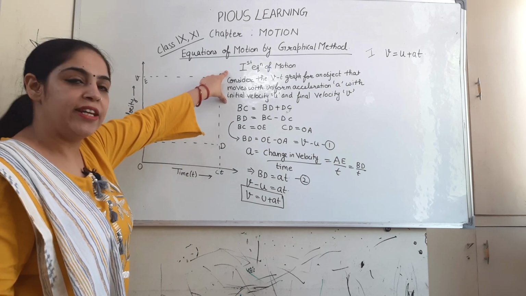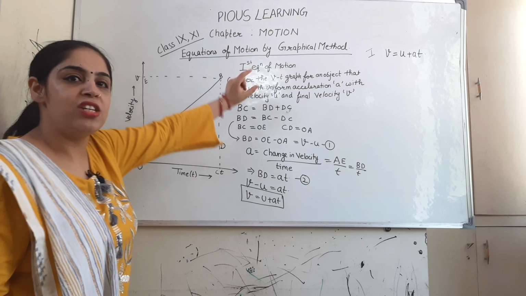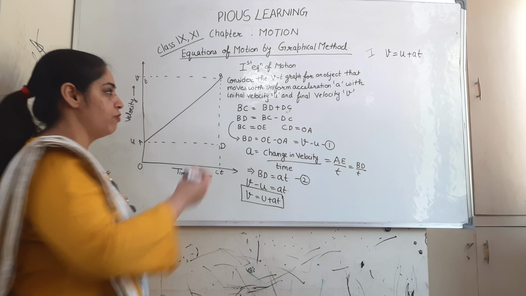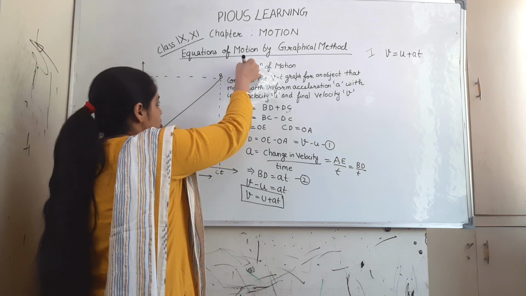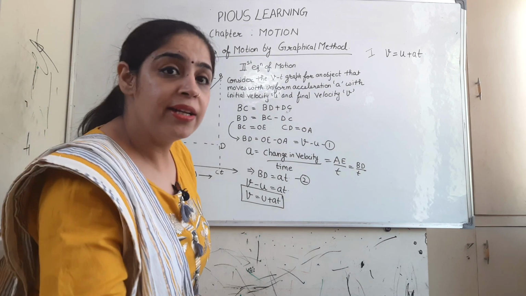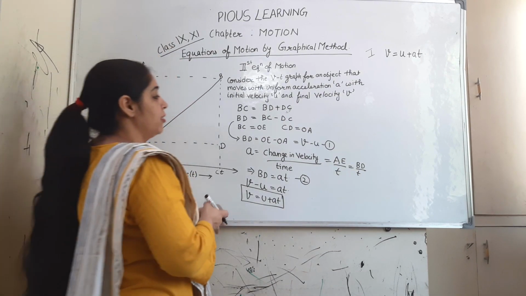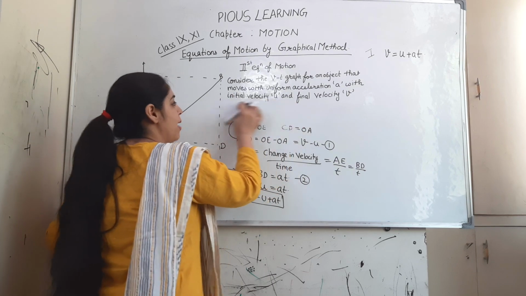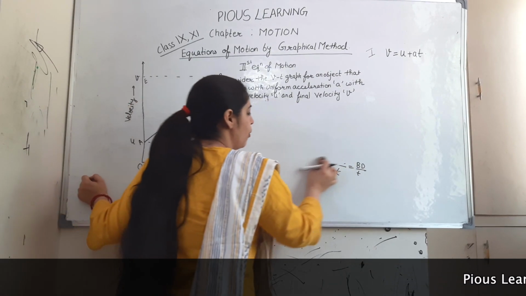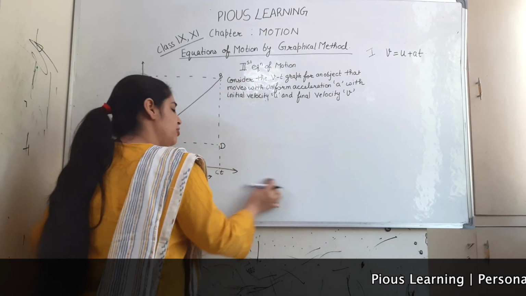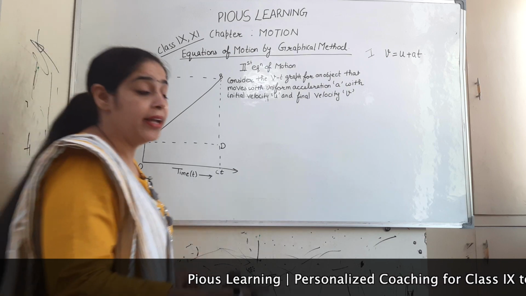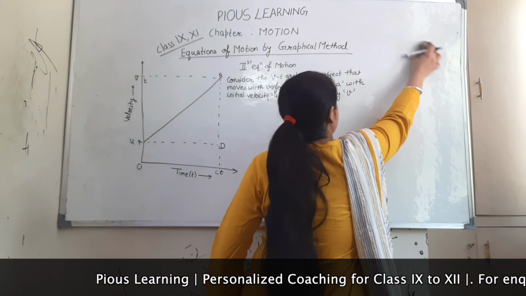This kind of statement you are supposed to write down in each derivation. So I will not be erasing it. Once I move to the second equation of motion, it will be here only. I'll just write down the second equation of motion. You please note it down. Practice these derivations twice or thrice and then we will do the numericals for the same. This is very important actually. Somehow in most of the exams it comes up with 5 marks. If a 5 marks derivation doesn't come, it can come as a numerical also.